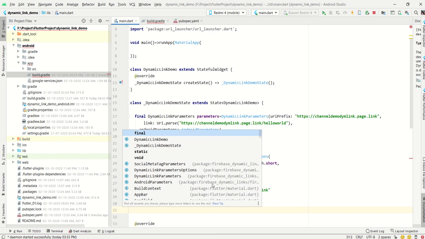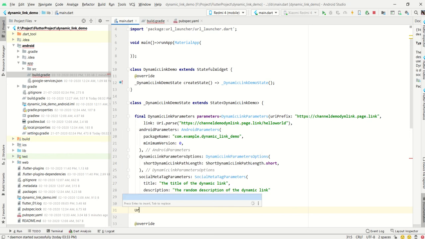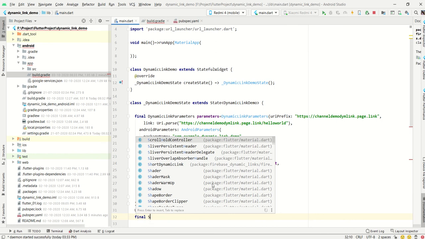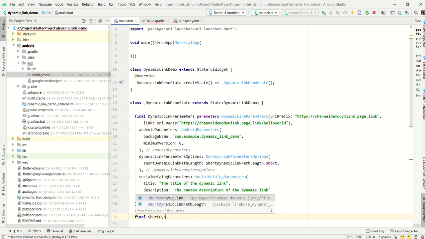Now we have to use one variable, that is the URL variable. There we have to find one parameter, that is the short dynamic link.